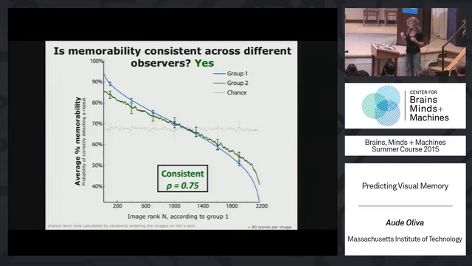And the green shows group number 2, totally independent people, and also the performances that they got for each bin along the image rank. And as you can see, the two curves are pretty close by, so a correlation of 0.75 looks like this. So it means that with independent groups of people, there are some images that are going to be systematically more memorable or forgettable. You can see the full range going below 40% for the images that were forgotten, up to 95 for the ones that were systematically remembered. But importantly, a group of people is going to predict another group of people.